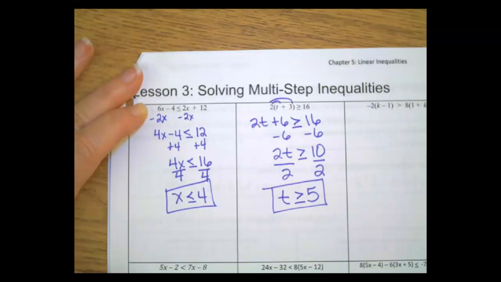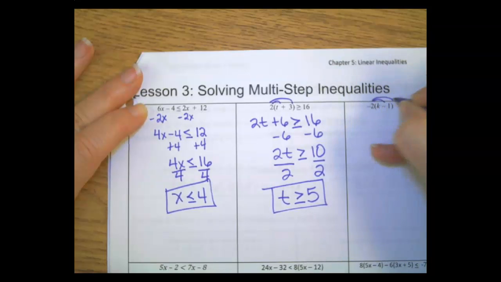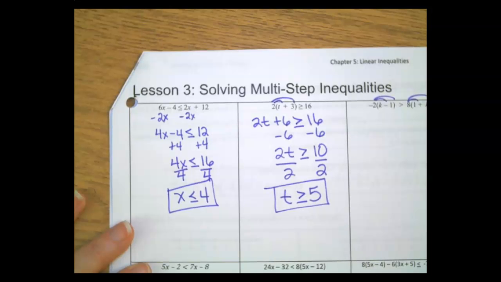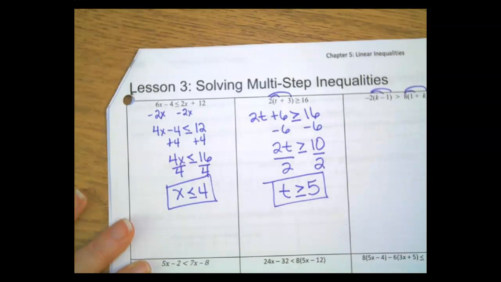Let's go, I want a negative coefficient here. Where's a good negative coefficient where I can change my inequality? Let's try this one. Let's go ahead and distribute these. I don't think it's going to work. I want a good negative coefficient. How come we don't have any? Okay, we're going to flip the page and we'll see if there's someone here. So we're just going to skip these for now and we're going to flip the page over